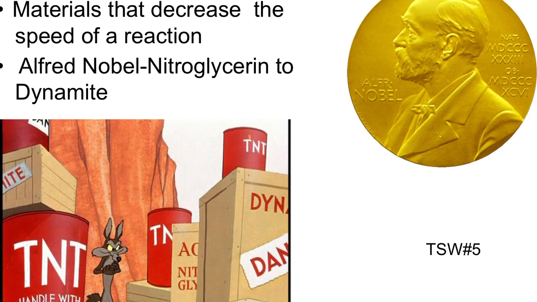So Nobel was the first person who I think really came up with the idea of how to control nitroglycerin reactions, to introduce it to an inhibitor and to slow down the process. It could still be used for massive explosions, but it increased the activation energy in order to make it more stable. And so this chemical that he was able to develop is commonly called dynamite now,